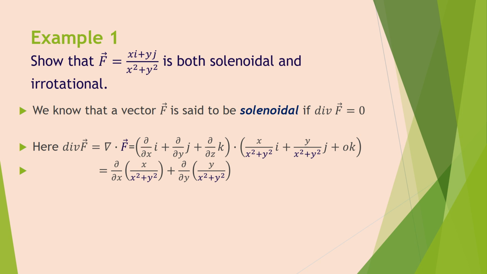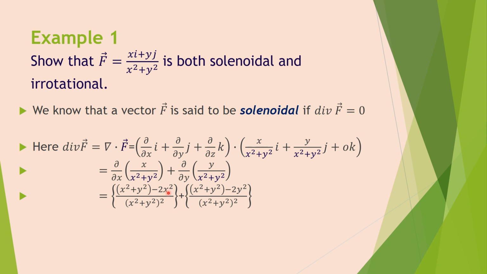So this is dou by dou x of x by (x square plus y square) plus dou by dou y of y by (x square plus y square) plus dou by dou z of 0. Dou by dou x of x by (x square plus y square) we have to find by applying the quotient rule of differentiation. Even though it is partial differentiation, we have to apply the quotient rule. How to apply? Denominator, that is x square plus y square, into the derivative of the numerator. What is the numerator here? x. What is the partial derivative of x with respect to x? That is 1. So (x square plus y square) into 1, minus